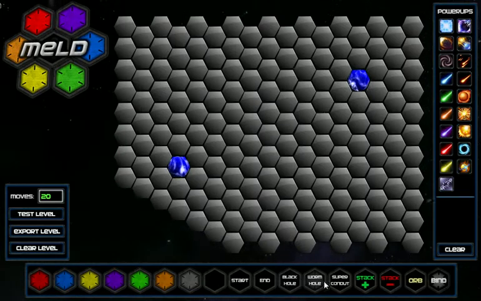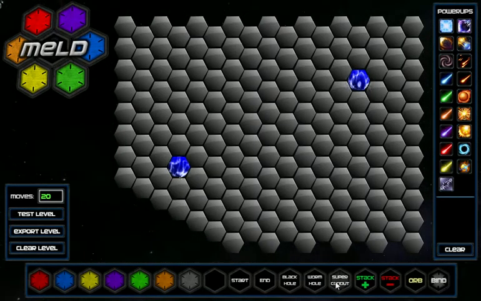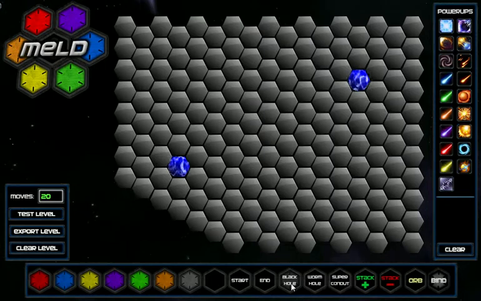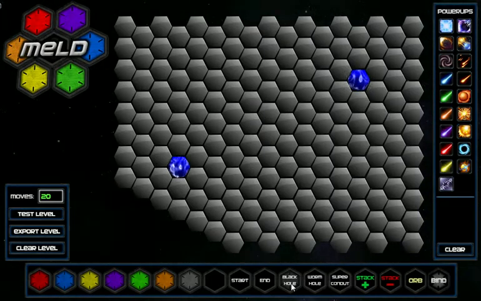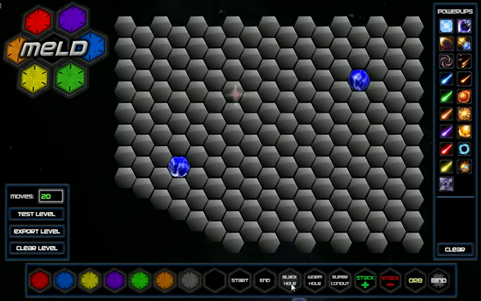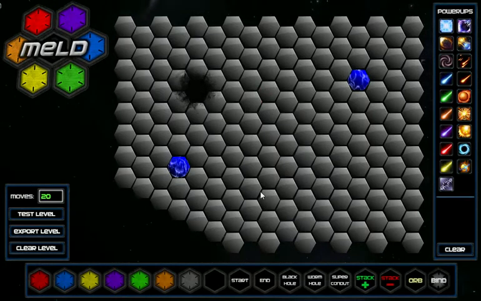Okay, for the power-ups here, black hole, wormhole, and superconductor, this is for if you want a particular power-up to exist on the board when the level starts. So for example, we can throw a black hole here,